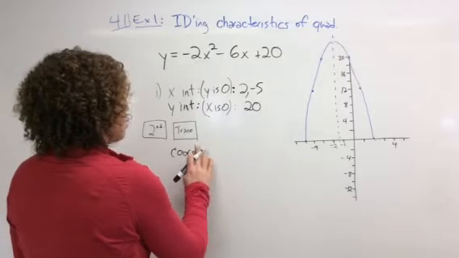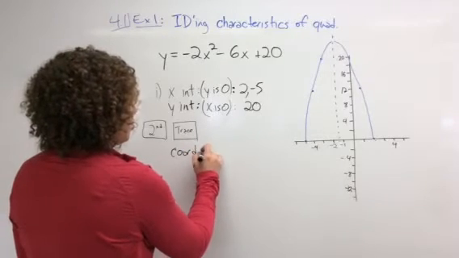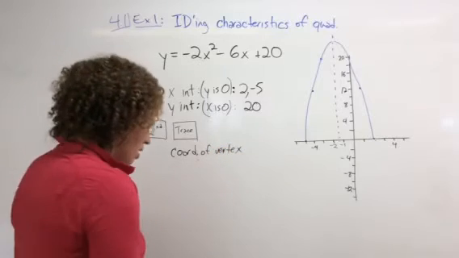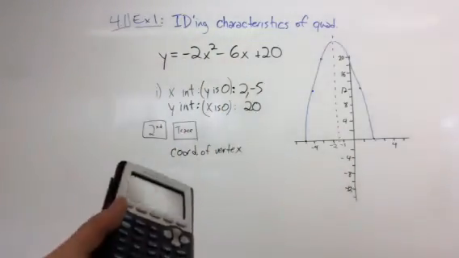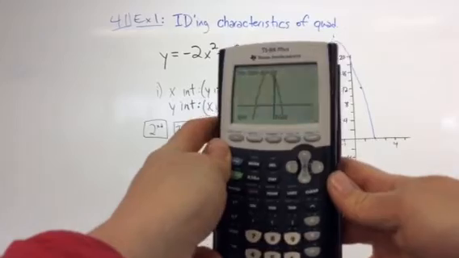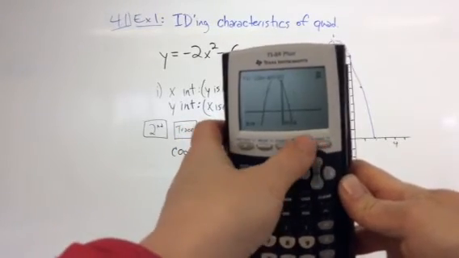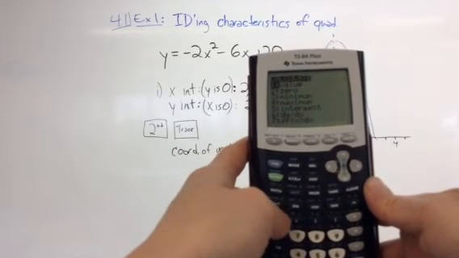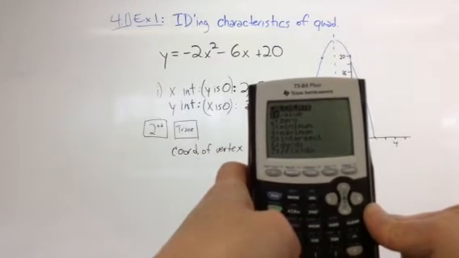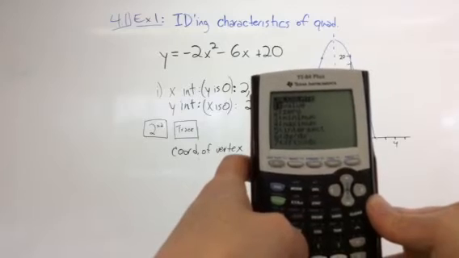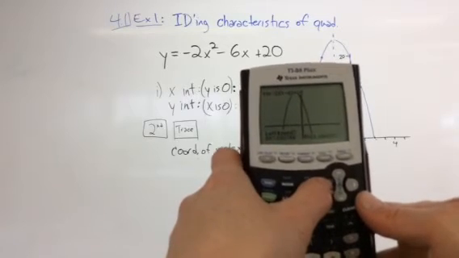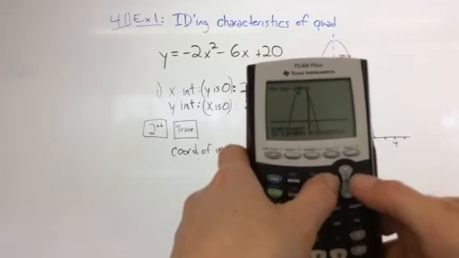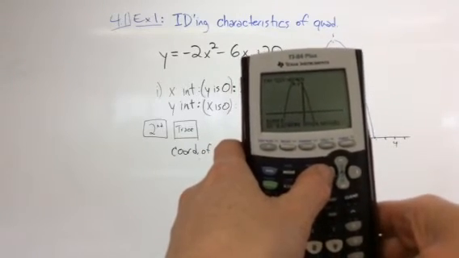So the coordinates of the vertex. And again, I can use my calculator. I know approximately where they're going to be. But if I want to use my calculator to find it exactly, then I go back to second function trace, and I see that this graph is a maximum graph because it's negative and it goes up to a point and then descends. So you can see that number 4 on here is my maximum. So I hit maximum. Again, it says left bound, so I'm just going to take it up just to the left of center there, hit enter, and then bring it to the right of center, hit enter again, and then